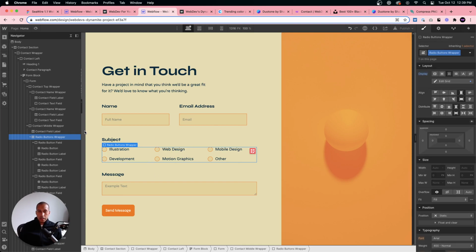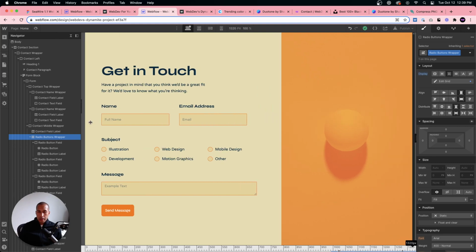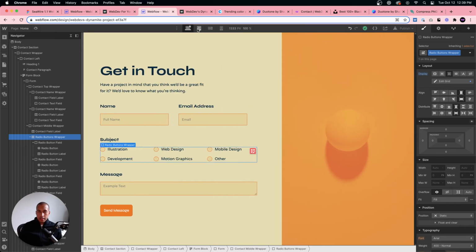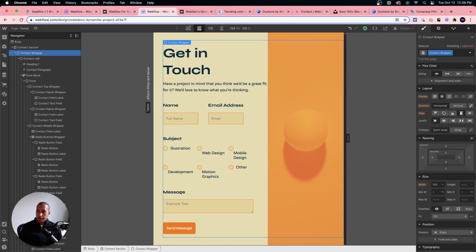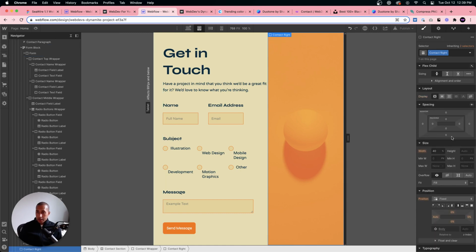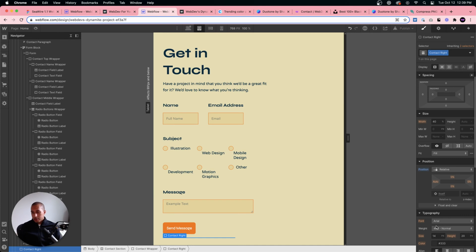Okay, so the responsive version would need a bit of work here, because as you can see when we get there, it gets a little bit wonky. But let's go into tablet, and let's change this for tablet. So I'll select the contact wrapper. I'll set it to vertical. I'll set this contact right to a position of relative, and set it to a width of 100%. Same with this left side.